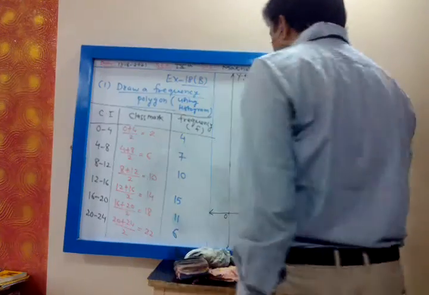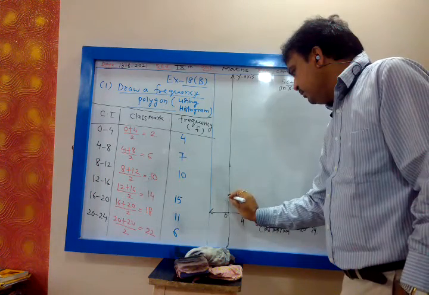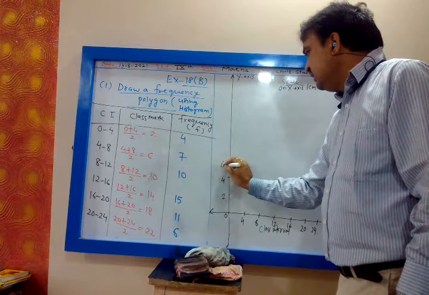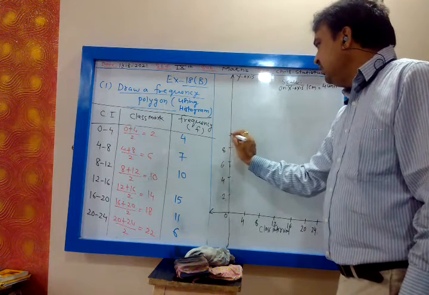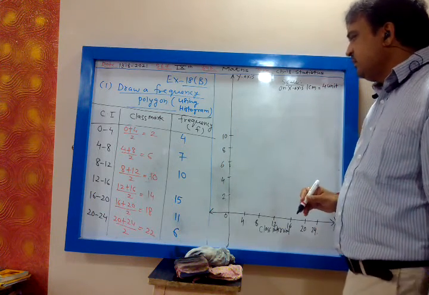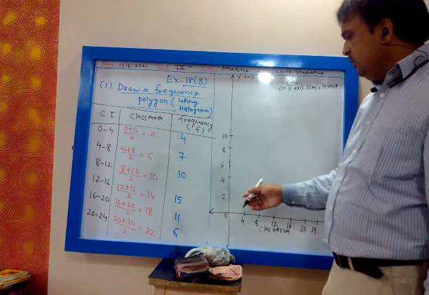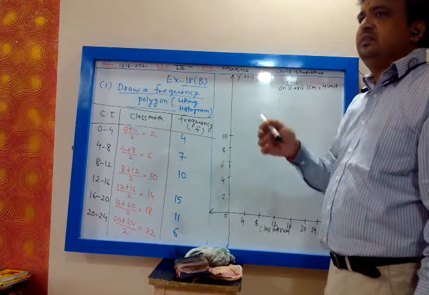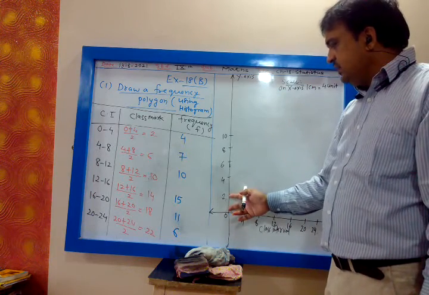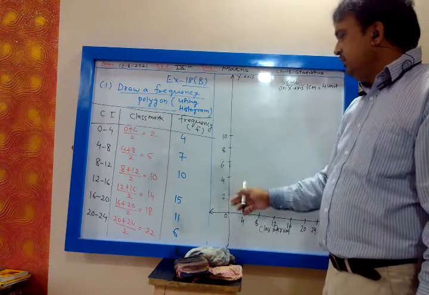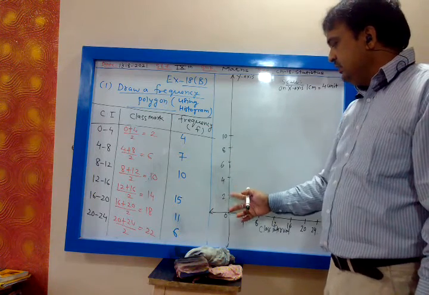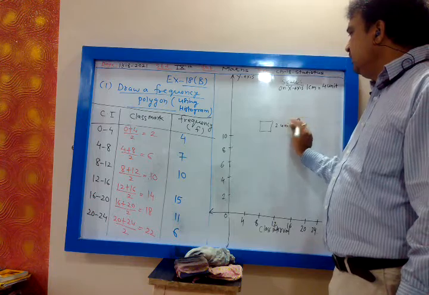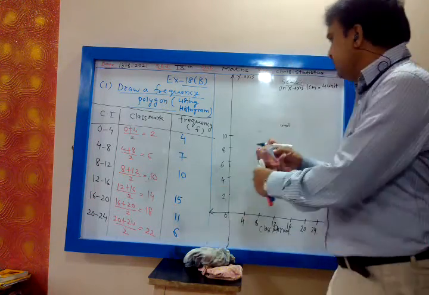So we take 2, then 4, then 6, then 8, then 10. There is a gap of 1 box only, but 1 centimeter is 2 units. So 1 box is the same as 2 units. Don't leave 2 boxes, take 1 complete box. That will be your 2 units.